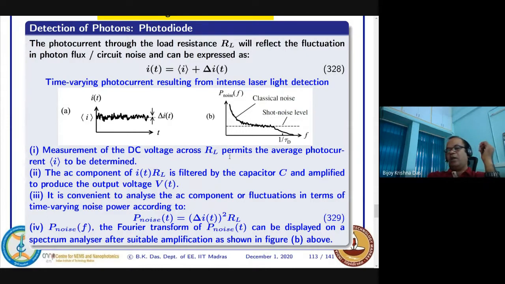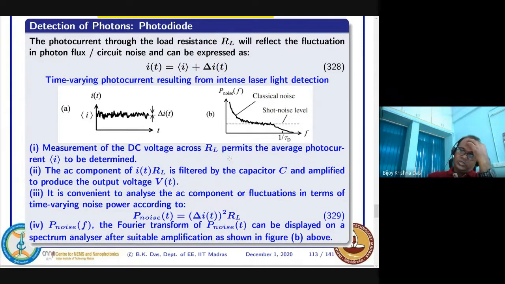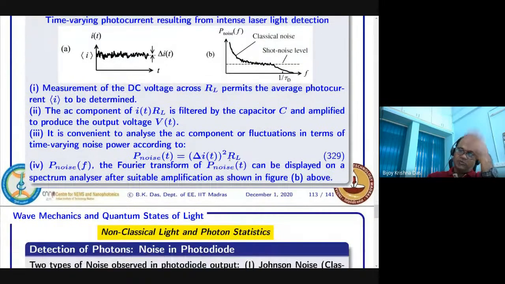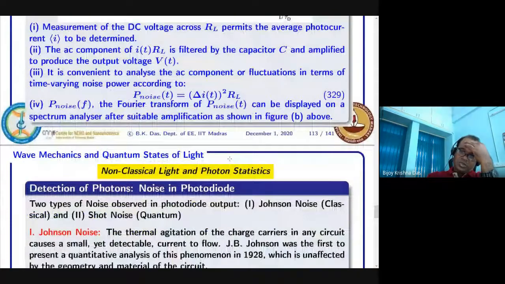And then this Johnson noise comes, and because we are operating this device most of the time, to reduce this classical noise, you can just operate at a lower temperature. Then you can somewhat reduce this classical noise, or Johnson noise, or flicker noise. I think those things can be cancelled. We'll discuss a little bit.